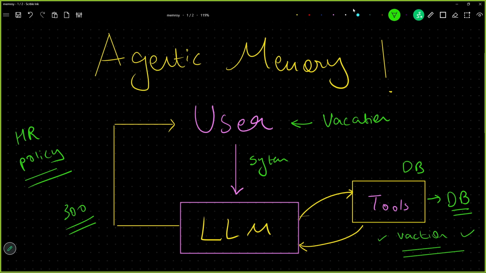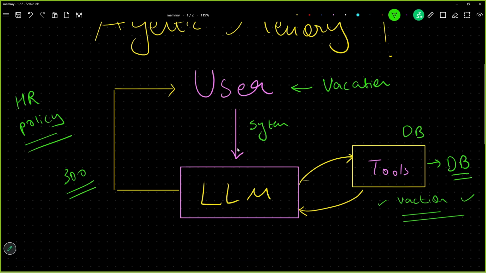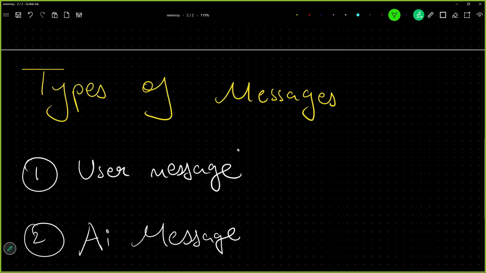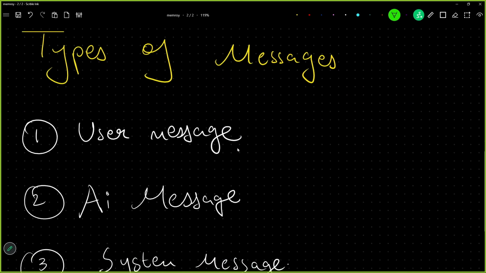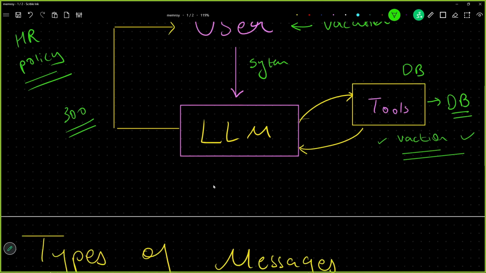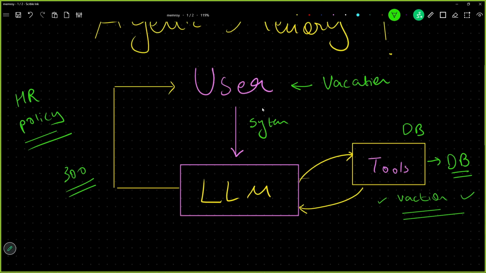All right. And this is the most basic agentic flow. We are still not coming to the memory part. This is one particular flow. Okay. In this one flow, what all things we observed? Okay. So the things we observed are in the form of messages. What we understood over here is information was flowing. Let us quickly identify what kind of information was flowing so that we can understand this better.